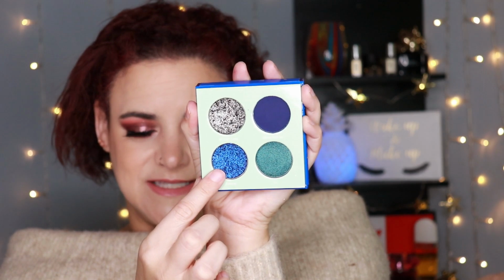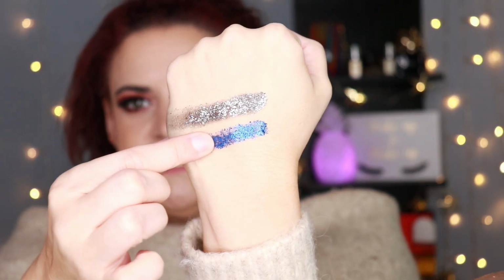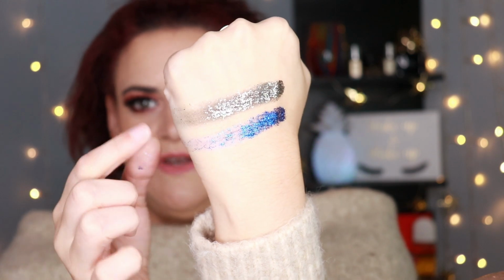They just apply really nicely. I don't have to spend a ton of time evening it all out or anything of that sort. However, then we go over to this one here. This is called, oh god, it's white lettering on mint background, so it's really hard to read. It's called Cocktail. This one feels a little bit drier to me in the pan. It looks a little bit grittier in texture, and then applying it, it just doesn't have the same smoothness as